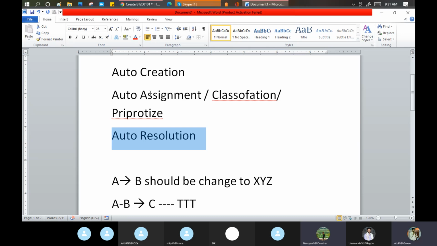So that will avoid the manual intervention. When manual intervention is avoided, it will reduce the time frame of each step as well. So this is the concept of automation.